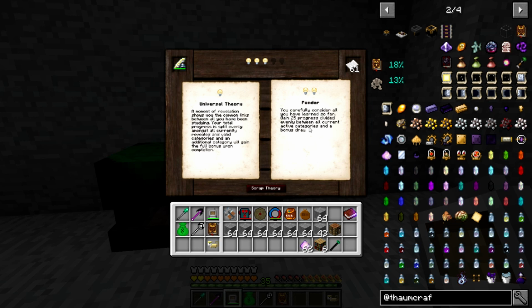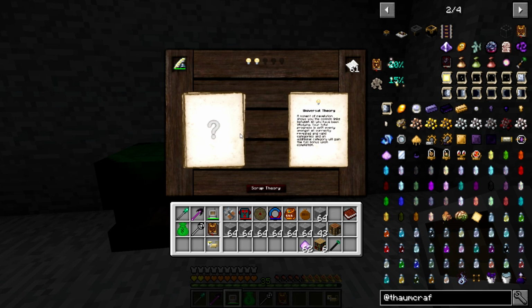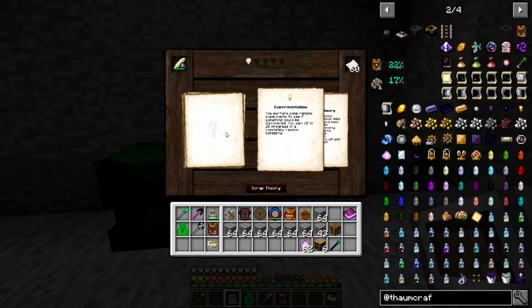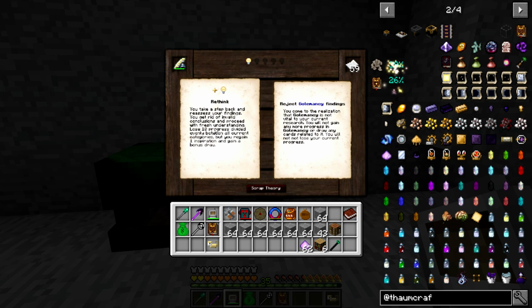Okay, so I got a ponder, which gained 25 progress divided evenly between all current active categories and drew a bonus draw. Reversal theory. Lose 10 progress. I don't know how this works. Okay, so these are...